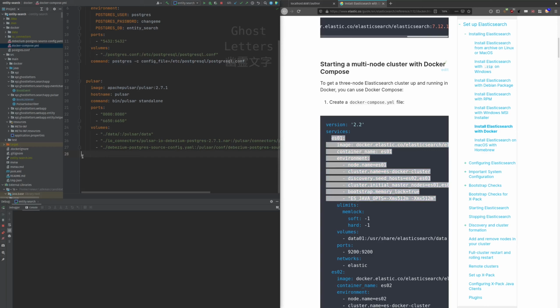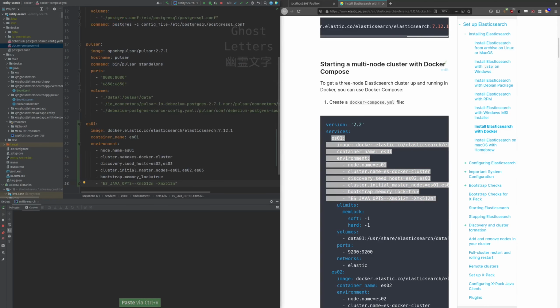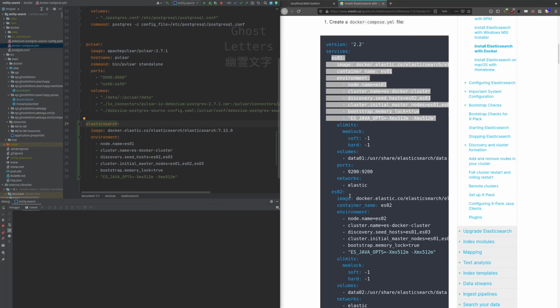Copy that over into my own Docker Compose file. And I will slightly modify the values here. I don't need this value, and I like to give all the services their natural name. So in this case, Elasticsearch. And I'm not going to use an actual cluster like they do here with 3 different instances. That is a bit overkill for my use case. So I'm going to overwrite this line,